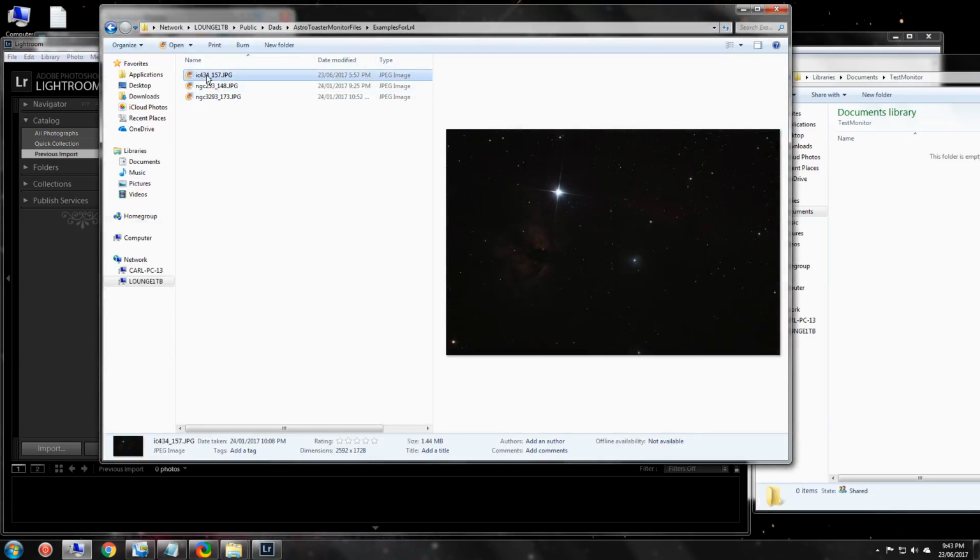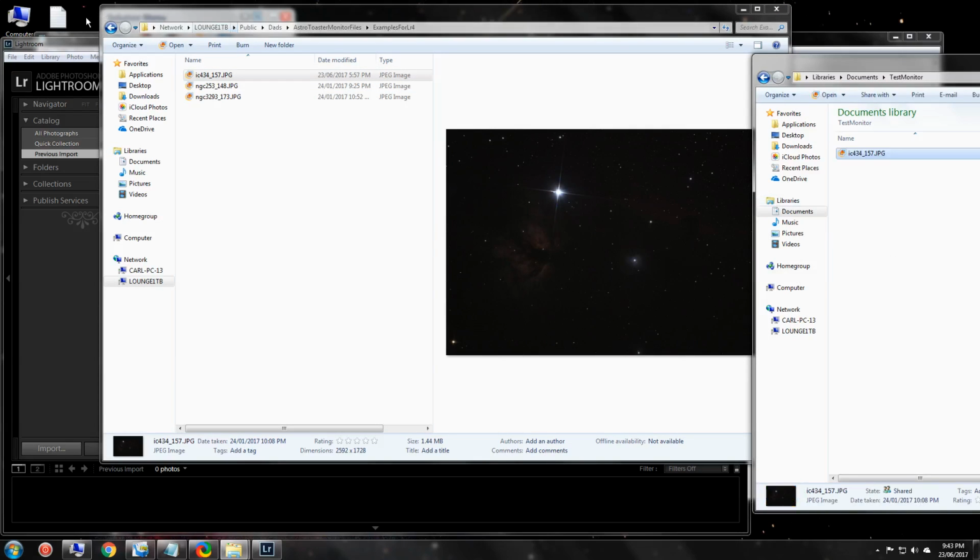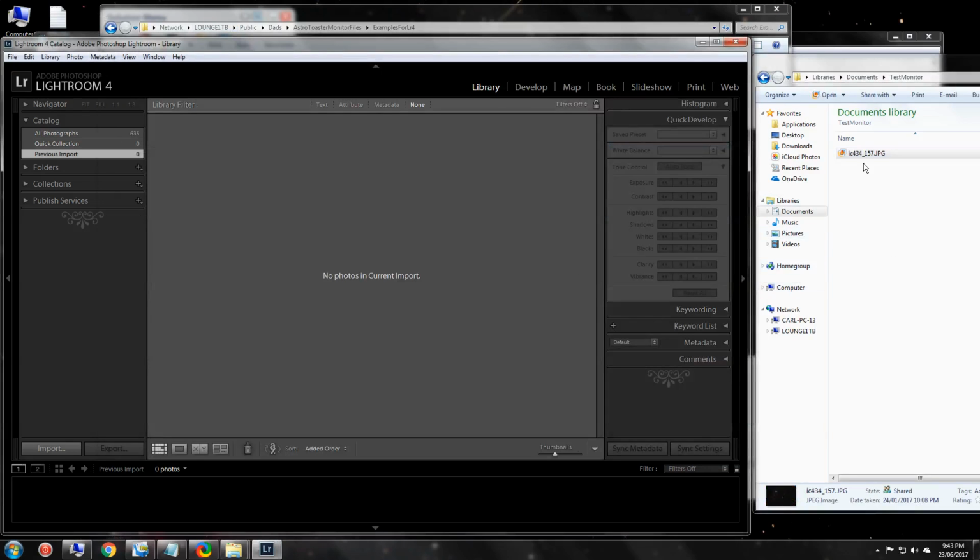Okay, so let me grab a shot. Now we'll grab that first one. I'll put it back into this folder just for the heck of it. Okay, so you can see I've dragged and dropped it there as if the camera was taking a shot, but because I've turned the automatic monitoring process off, it's not doing anything. So you need a photo in here in order to set up a preset. You just drag it across,